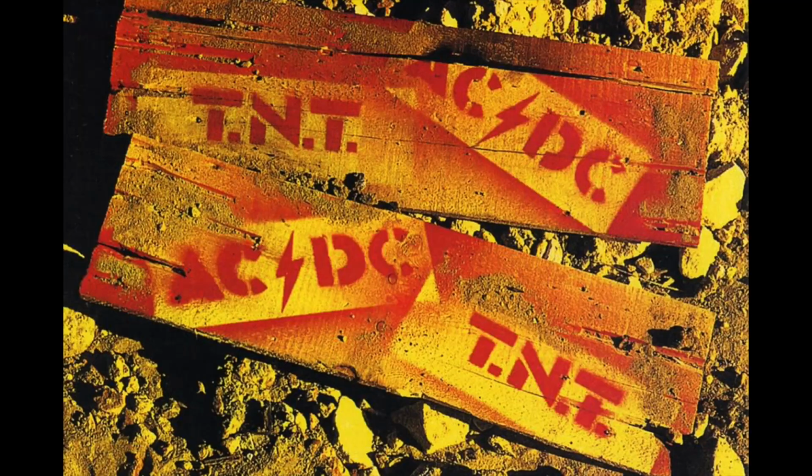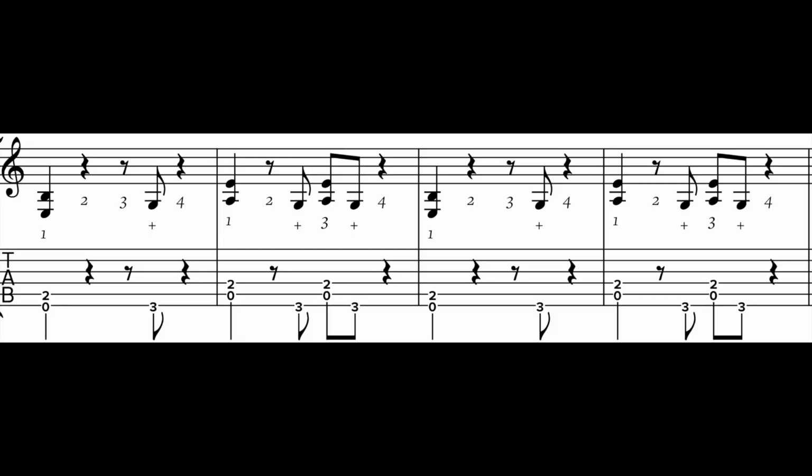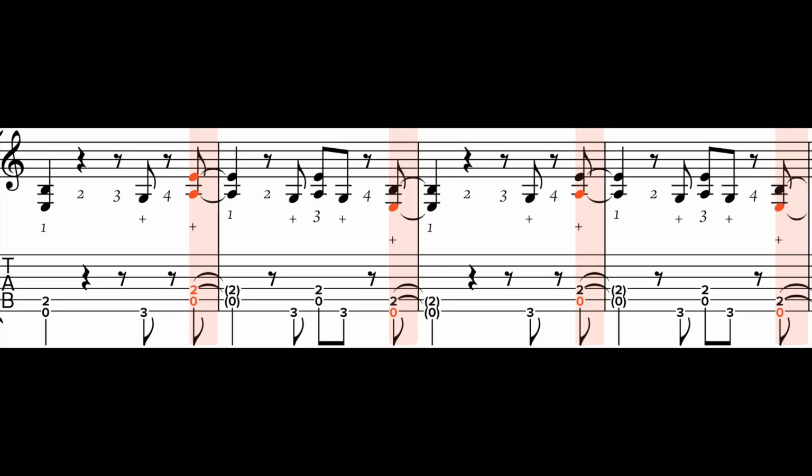Rhythmic anticipation is what we call it when the main notes in a phrase appear before the main beats in the bar. My favourite example of this is TNT by AC/DC, which you might write off as a super simple riff. But the only time we play the one is the very first time. Every other time it's anticipated, it's moved back a half a beat.